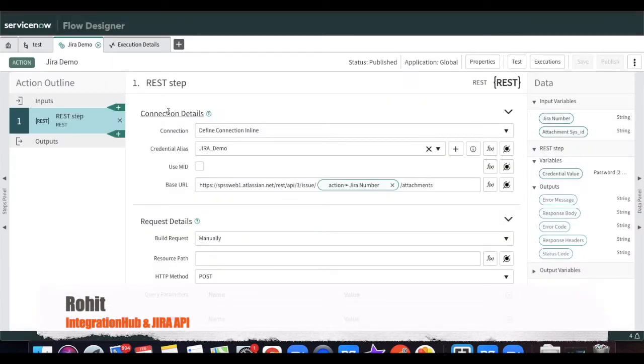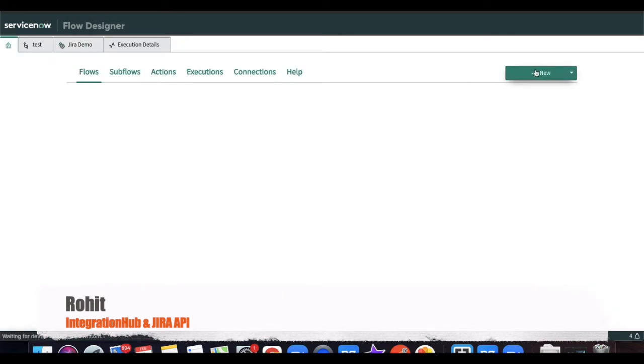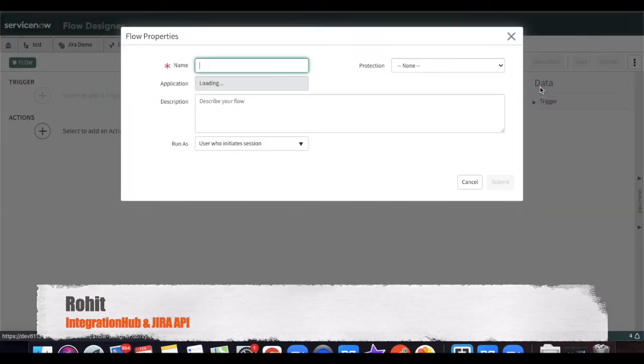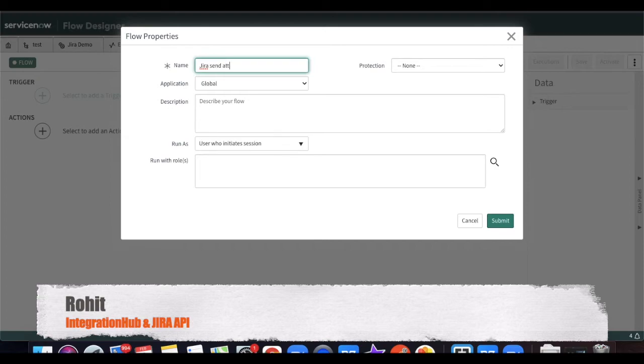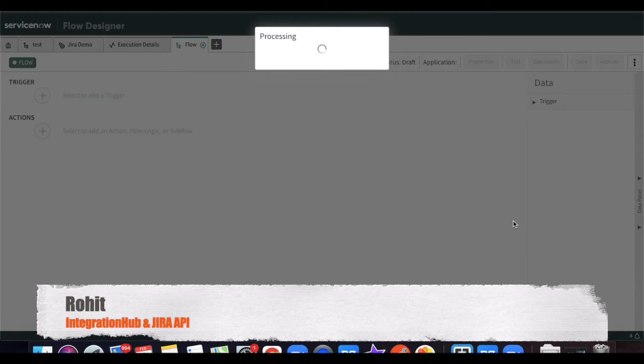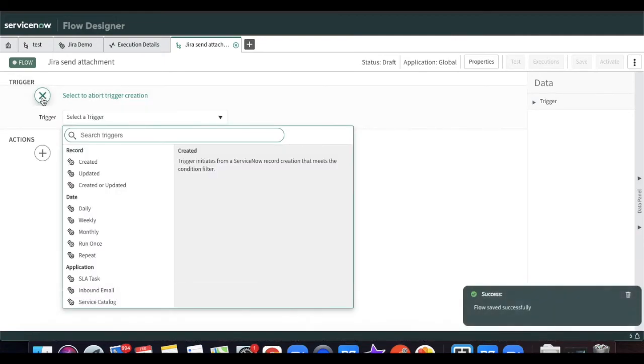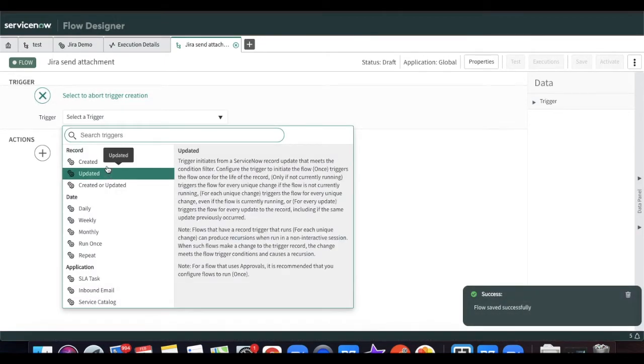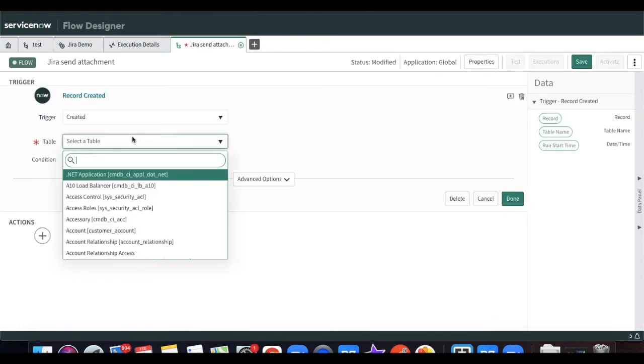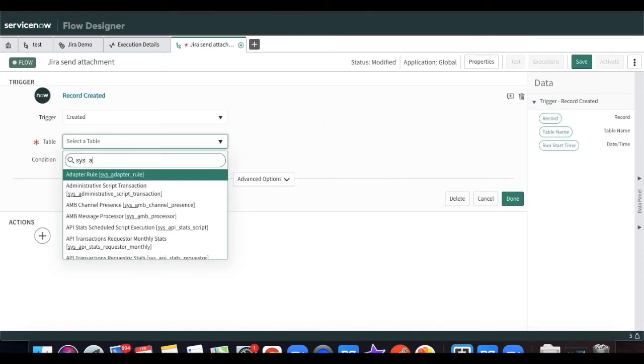So now we can see this Jira demo is ready. We'll create one flow here. Click new flow, and here Jira send attachment. Okay, and click submit. Here should be the triggering condition. So we'll put that create on sys attachment table.